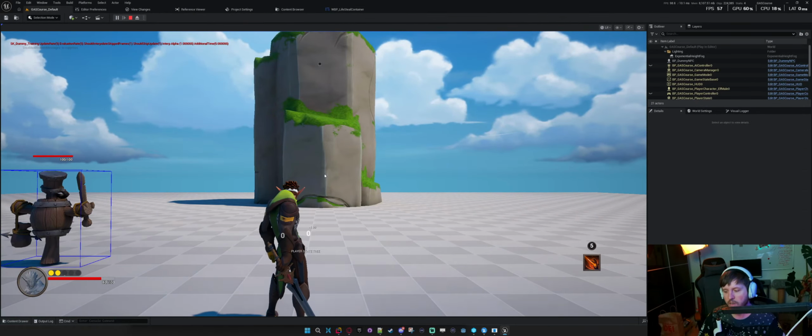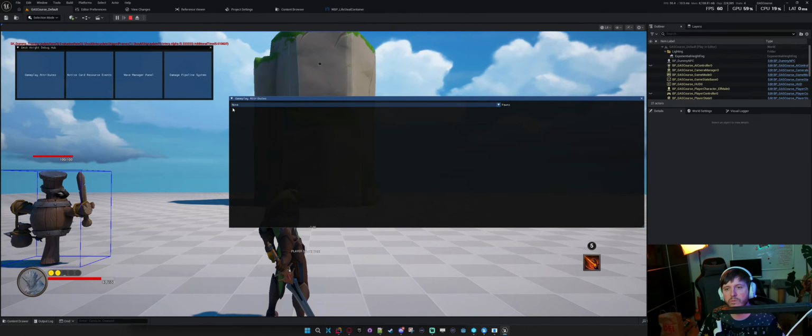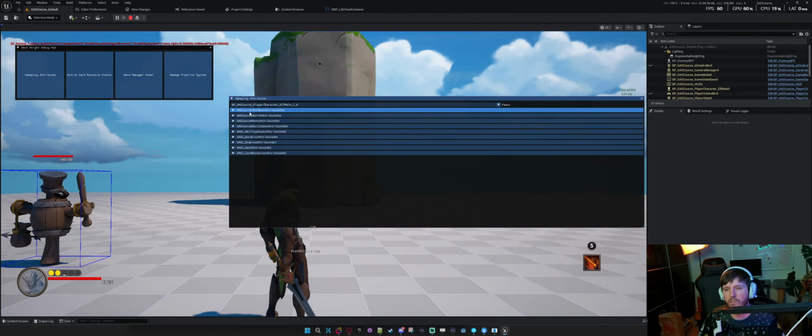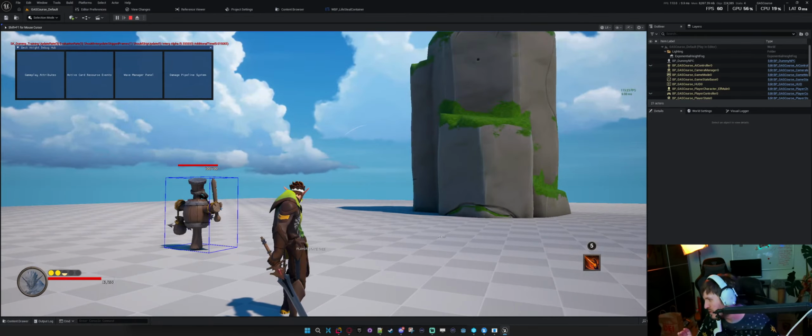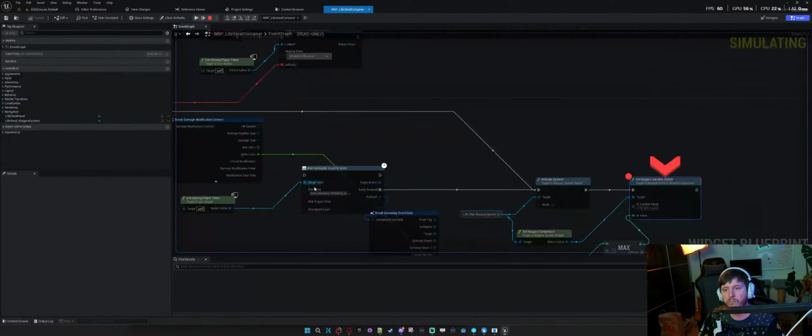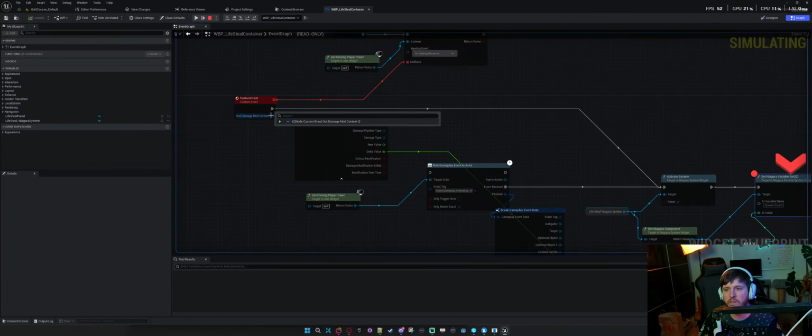Deal damage to ourselves, pull up our attributes, let's do a crazy number, let's do 4. Okay, it clamps it to 1 anyway, which maybe we don't want, I don't know. Then we're gonna bam. So what is our context data?